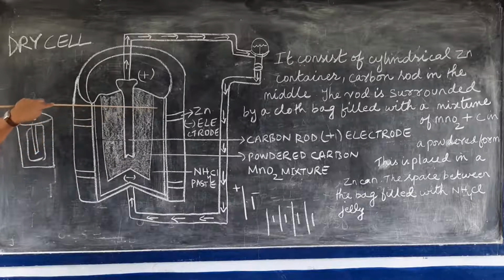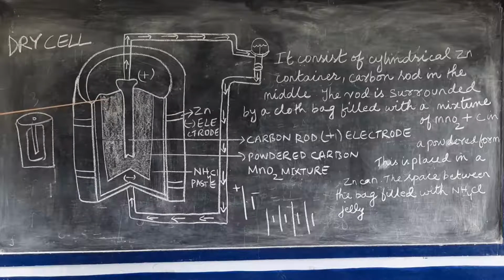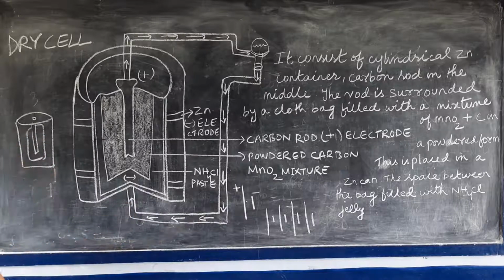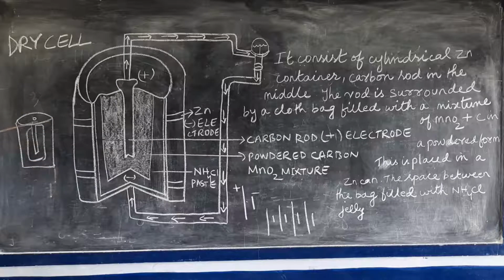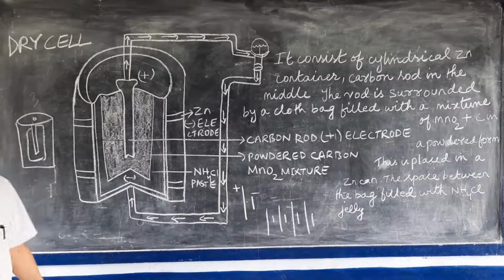So there are some chemicals present here. It is filled with the ammonium chloride paste, and with a mixture of powdered carbon and manganese dioxide, and this is the carbon rod. All these are placed inside the zinc container. Now when this entire cell, or battery, is connected with a circuit,